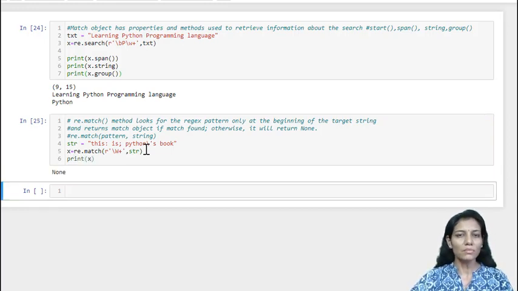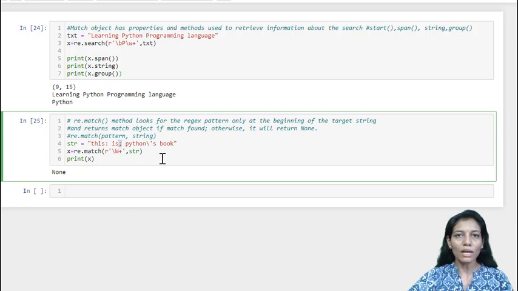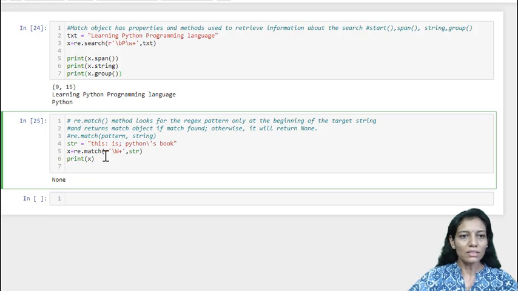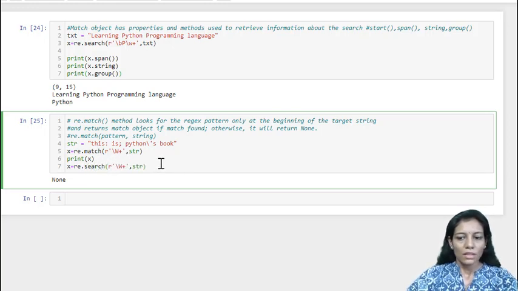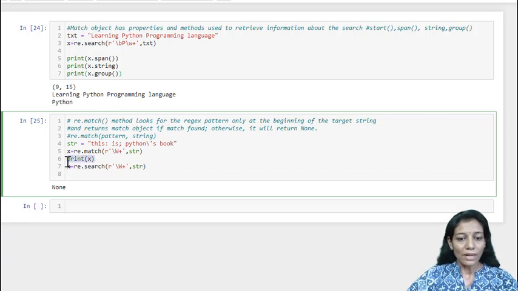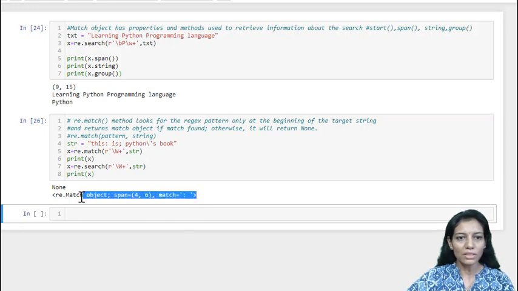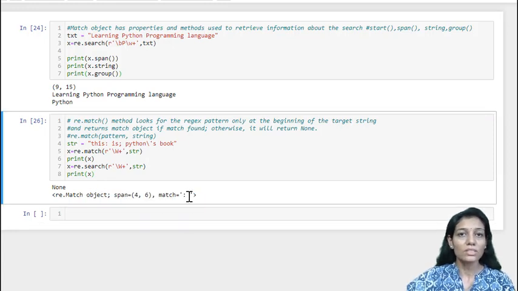So it has returned none because it has not found any non-word character, and we can see over here many, okay. This colon, this semicolon, all are non-word characters, but still it is not identified by the match. Now similar thing if we try with search, let us see what it is doing. So here instead of match I am writing search, and let us print the match object that is returned by search. So yes, it has returned with this. The first match which search has identified is colon, okay.